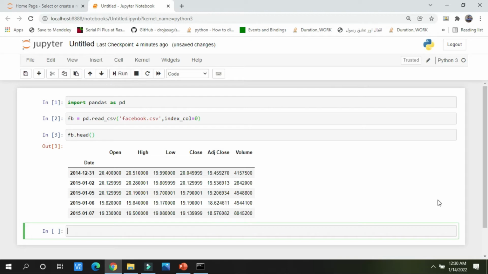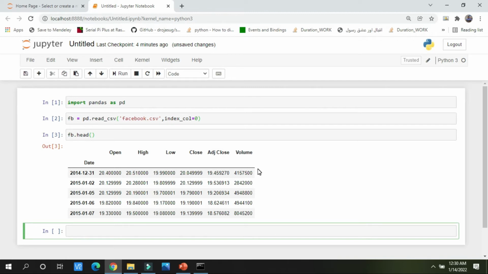This Excel file consists of columns named date, open, high, close. These are basically the stock data of Facebook. These are showing the stock prices, the closing price of the day, the adjusted closing price, and the volume.